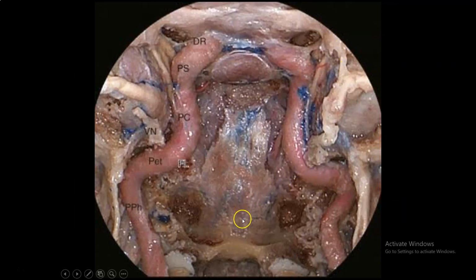Another view to show you what is the relation exactly. This is the sella turcica. This is the clivus, carotids. This is the petrous carotid. This is the clivus here. Look, the lower 2/3 of the clivus, the carotid is a bit lateral, but the upper third of the clivus, the carotid is immediately lateral to the clivus, and then it enters here the cavernous sinus, cavernous